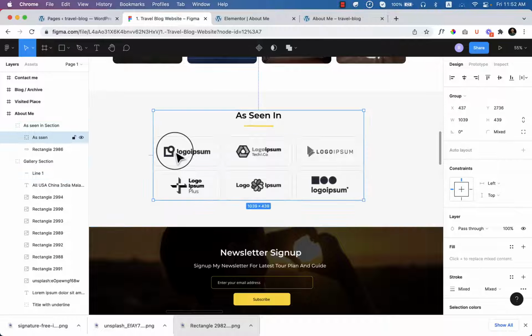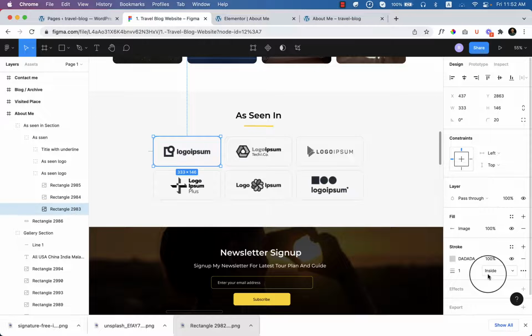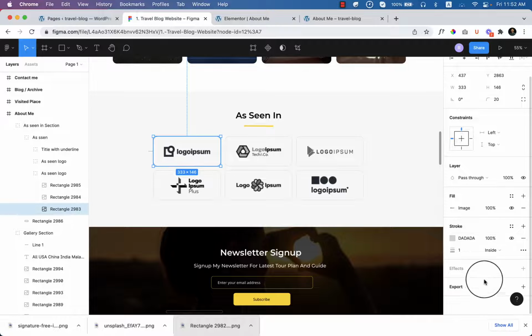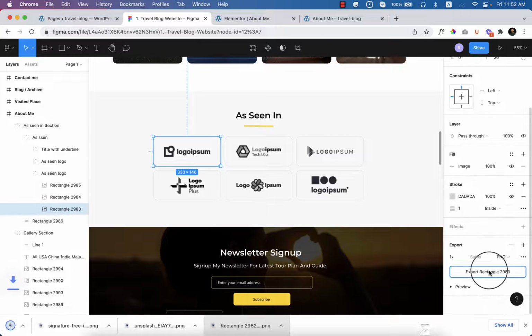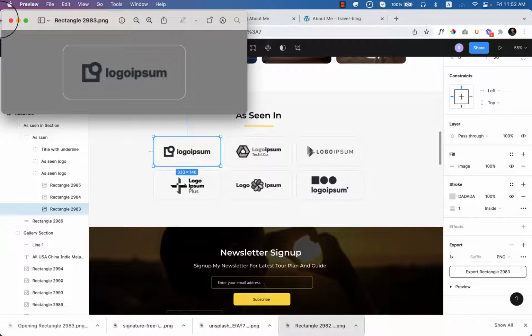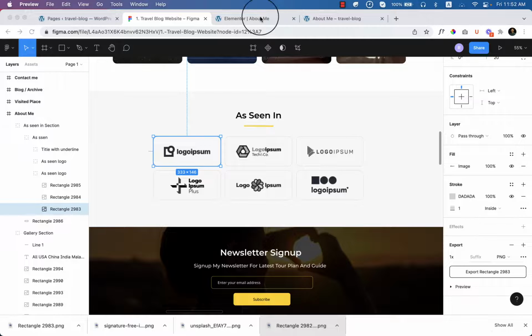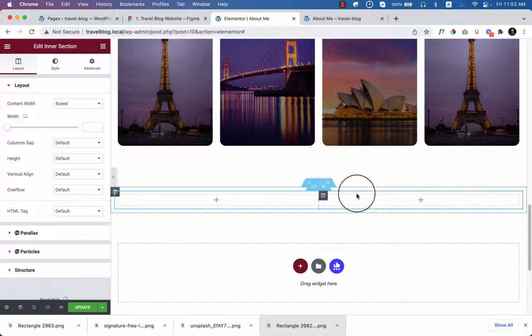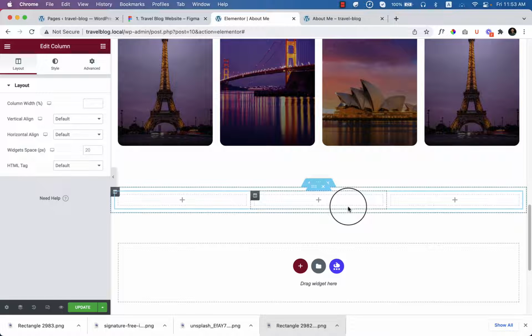Well, let's take a look how those image added here. Let's export this one to see. Well, it looks like this. So I think we can use simply as image here. We can also use it as gallery item here. There are many ways that you can use that image, but I would like to use